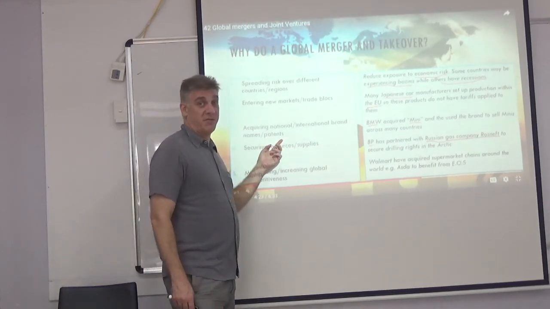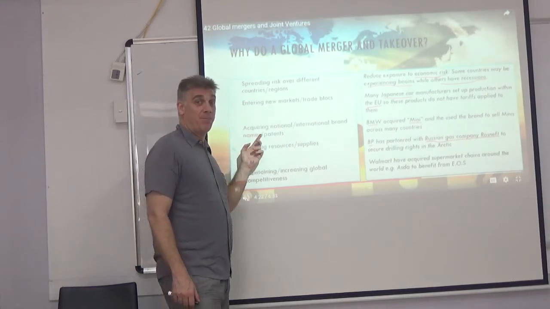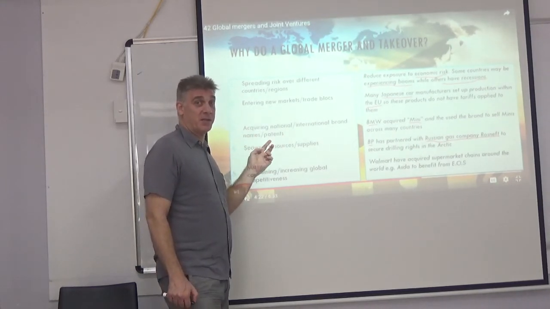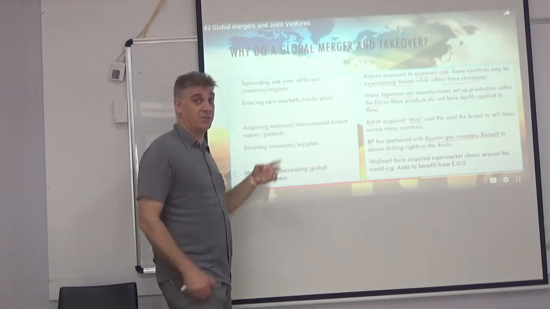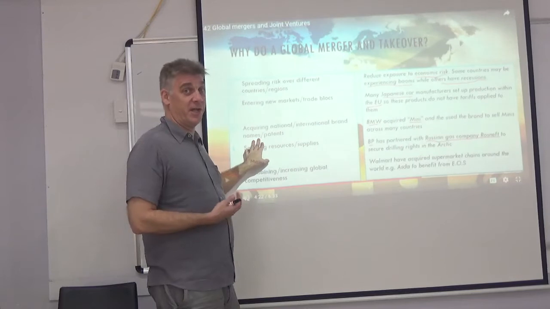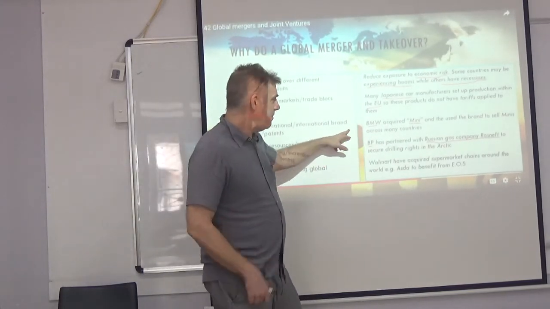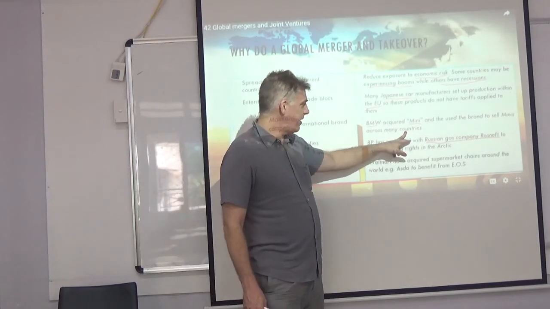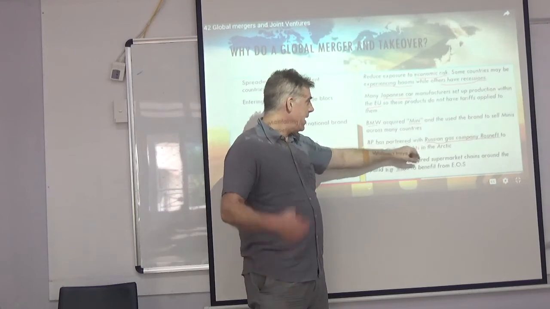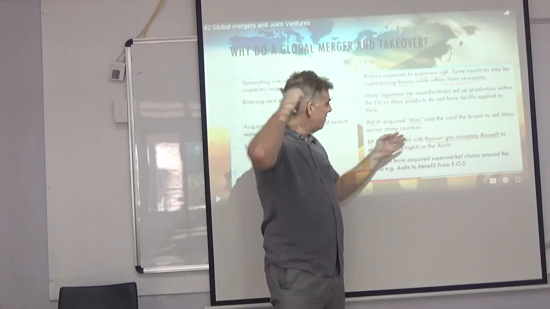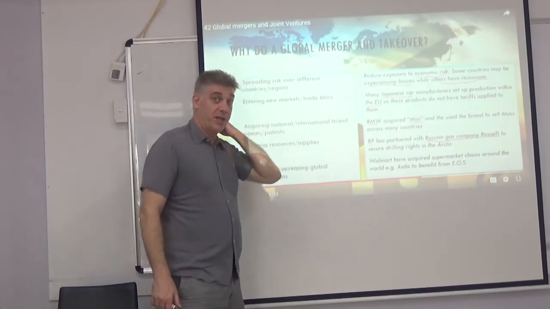And that's also true for pharmaceutical companies who are trying to buy patents. They're looking for new medicines, so they buy smaller companies that make discoveries, and then they get to control the patents. When you buy a company, you can control the intellectual property. Their example here is BMW, a famous German automaker. They acquired Mini, and then used the brand to sell Minis across other countries because it was already known.